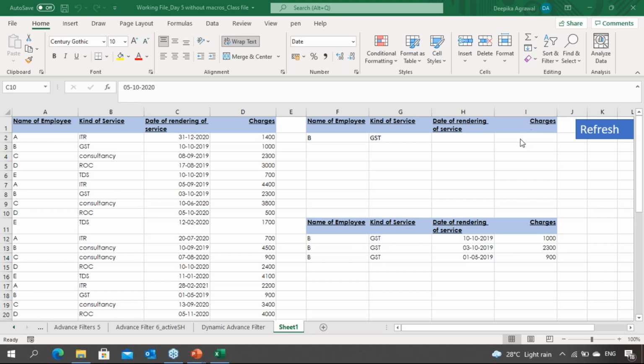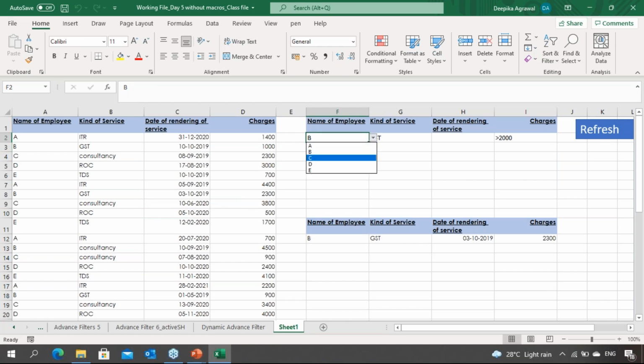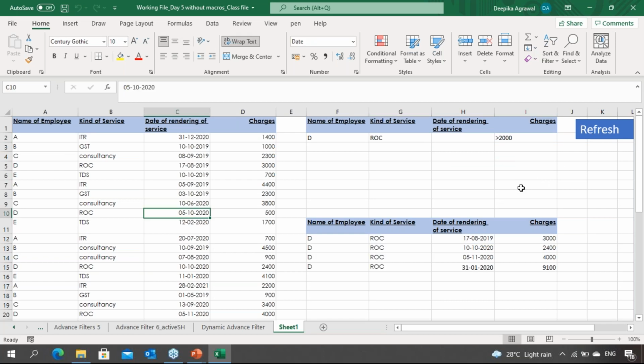गेटिंग इट? यहाँ पे एक और चीज करके देखें, मैं भी एक्सपेरिमेंट कर रही हूँ, मुझे यहाँ चाहिए more than 2000. I again pressed refresh, तो सिर्फ D जिसने GST रेंडर किया वो भी more than 2000। गेटिंग इट? So my macro is running on this sheet. अब मैं यहाँ पे जो मर्जी चेंजेस करूंगी, जो भी क्राइटेरिया दूंगी जिसके बेसिस में मुझे आउटपुट चाहिए, प्लीज एक बार आउटपुट सिलेक्ट करते हुए देख लेना कि यहाँ वो specific इनपुट है, वो जरूर चेक कर लेना, क्योंकि बहुत ही रैंडम डेटा बनाया हुआ है।